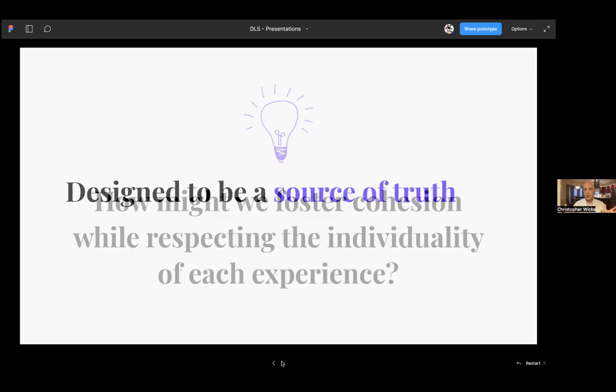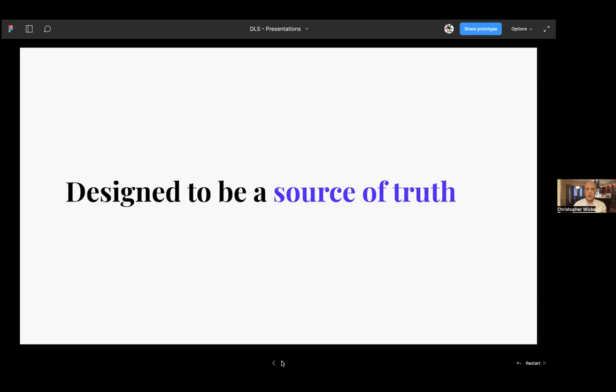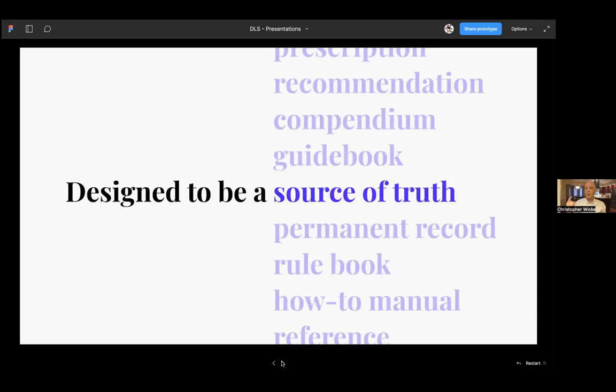The next term that Claire highlighted at the beginning of the presentation was source of truth. And what we found with source of truth was that people were also interpreting that in a variety of ways. The one that we saw surfacing where we work was kind of this permanent record or etched in stone kind of idea. And what they wanted was to write a bunch of rules, set them in stone, and walk away and say, you know, the design system is complete, it is perfect, and it won't change over time.